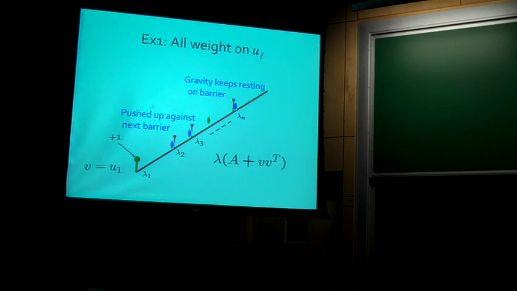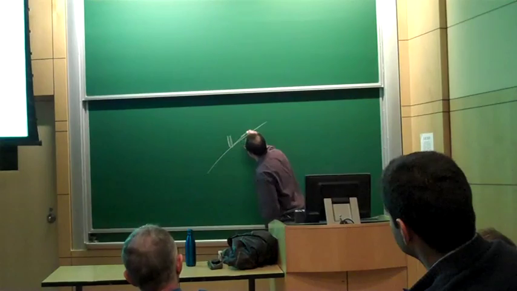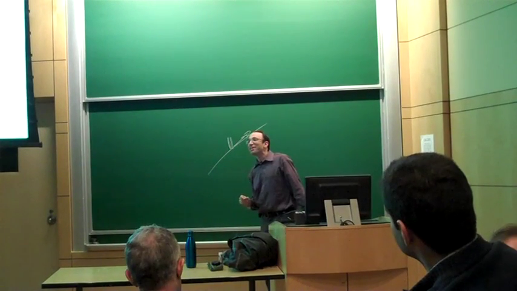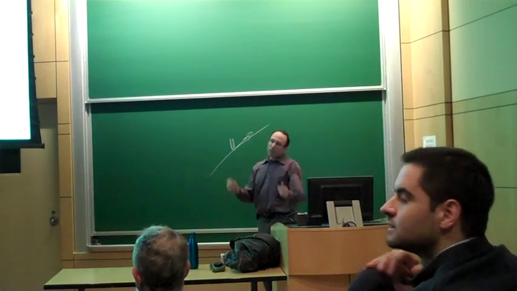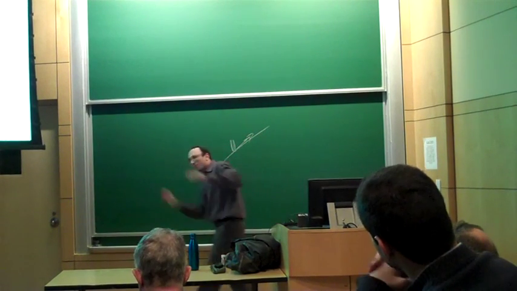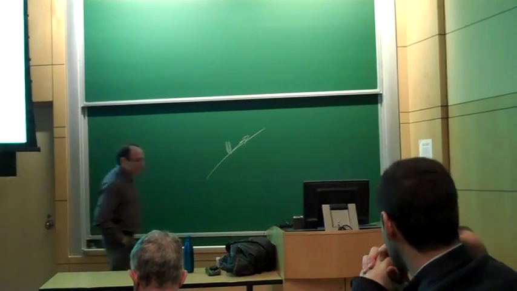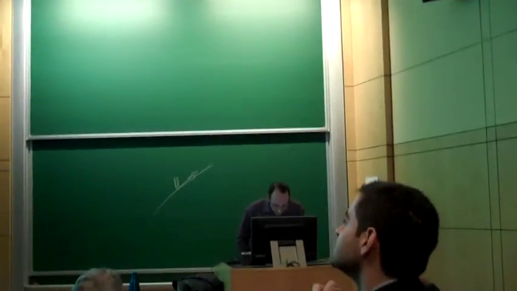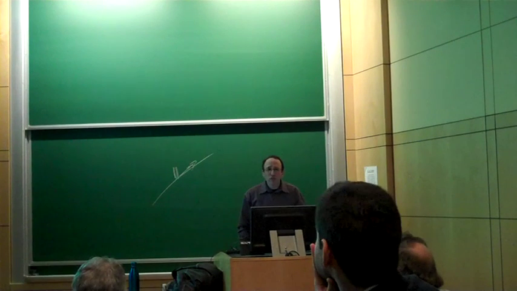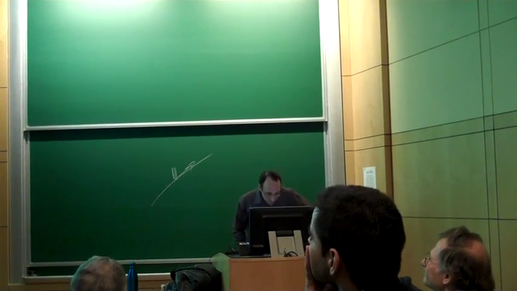So here's sort of my picture for a rank 1 update. If I have these barriers, you should really think of them as all lying right on top of each other. If you have multiple eigenvalues, one eigenvalue can get knocked free at a time. And then if you add another rank 1 vector, another one can get knocked free. But yes, that requires putting these barriers infinitely close together, but you can do that. Okay, so this is my picture for what's going on. I don't know if this is going to help you with the proof, but this is how we came up with the proof. So I'm going to try to tell you how we came up with it.